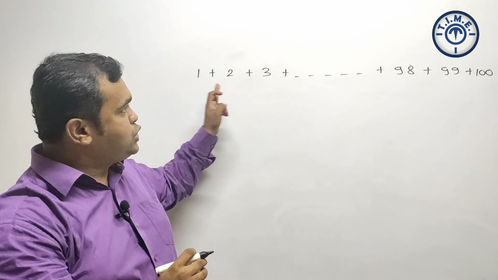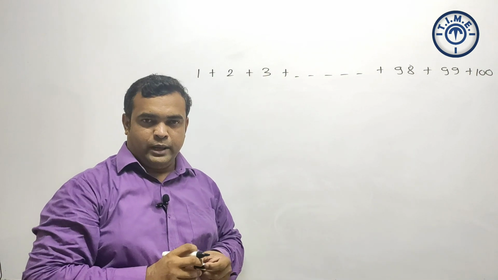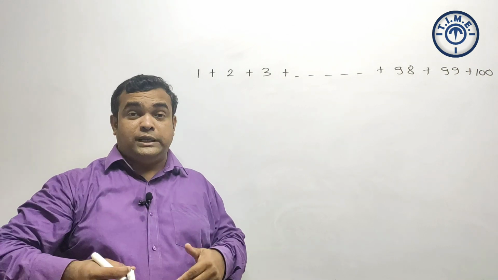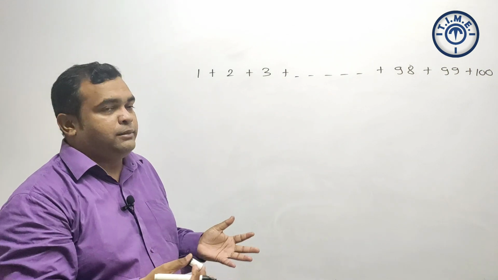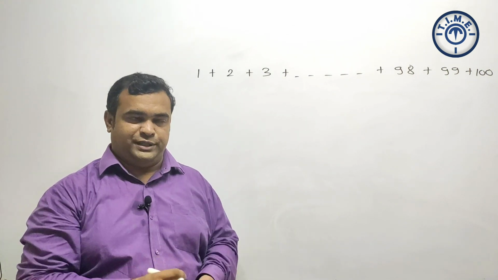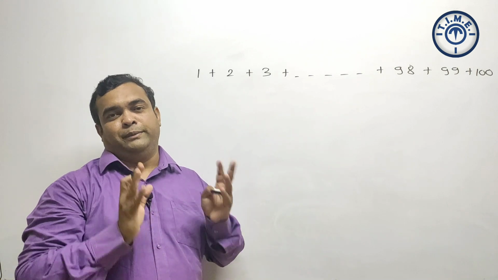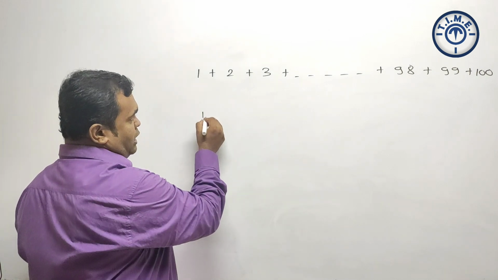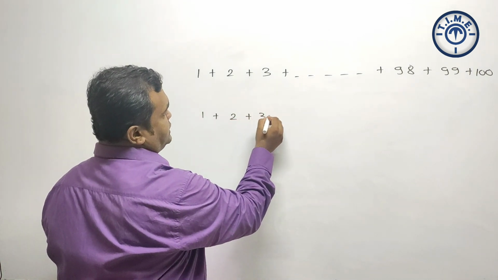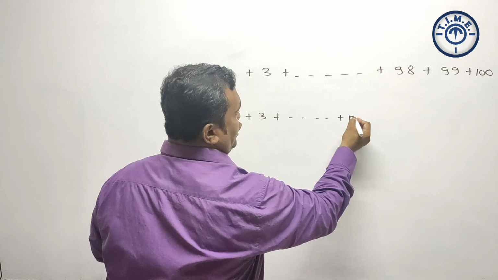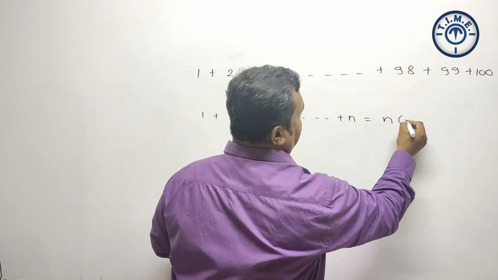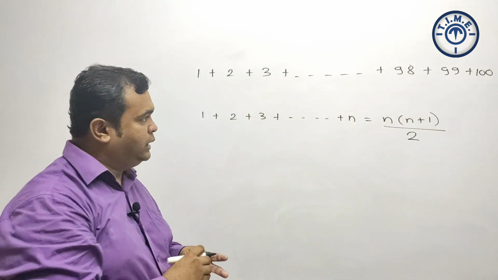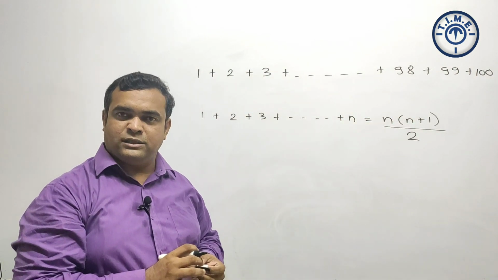So I want to add 1, 2, 3, 4 up to 100. Now let's see what are the different methods of solving this question. The more clarity you have about the concept, the easier your solution will be. First, the normal category people, they want to know what is the formula for that. So we have a formula for 1 plus 2 plus 3 till n. If you want to add, the formula is n into (n plus 1) divided by 2. In this formula, you substitute the values, you'll get the answer.